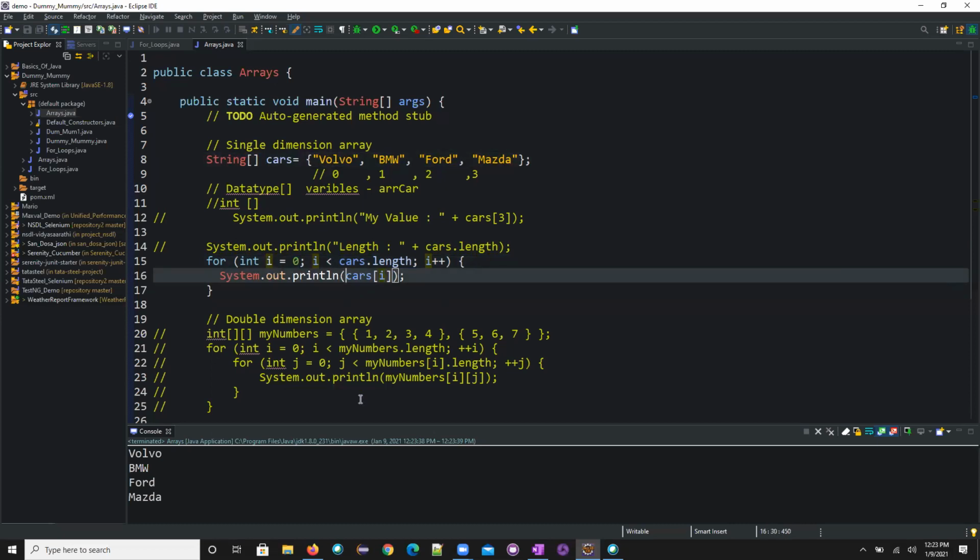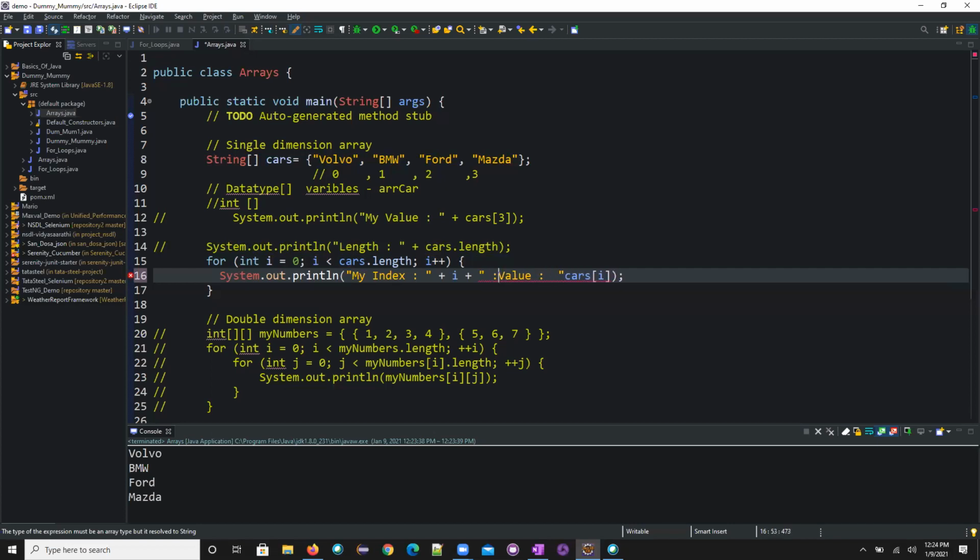Now I'll try to do one thing. You need to understand the index values, the most important thing in the array. Index value is i, right? My index value is i plus my value is this.